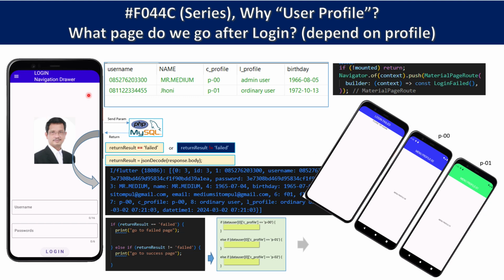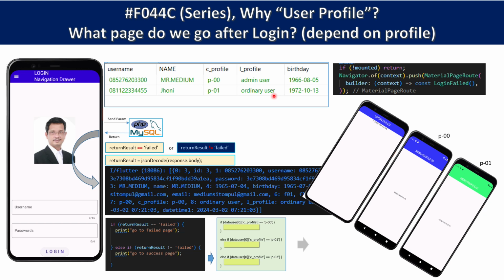If someone logs in using this username, his profile is P01. This is an ordinary user. So after he logs in, he goes to the ordinary user menu.